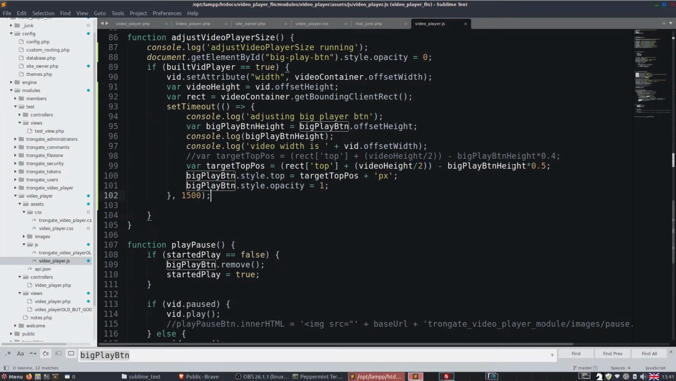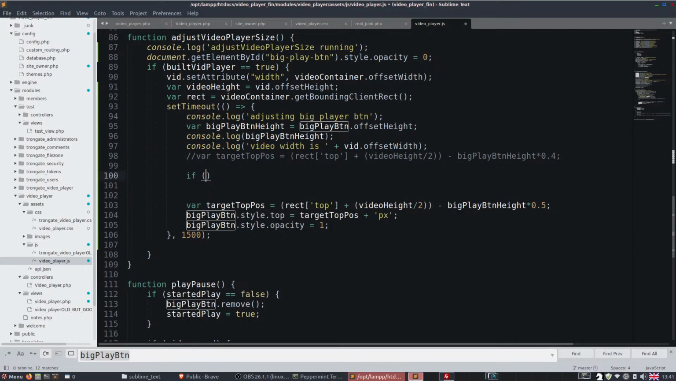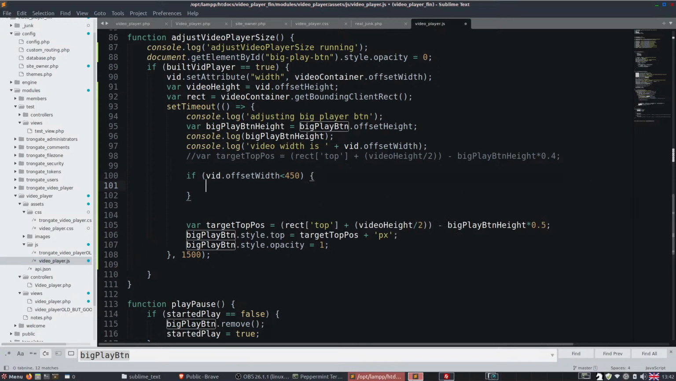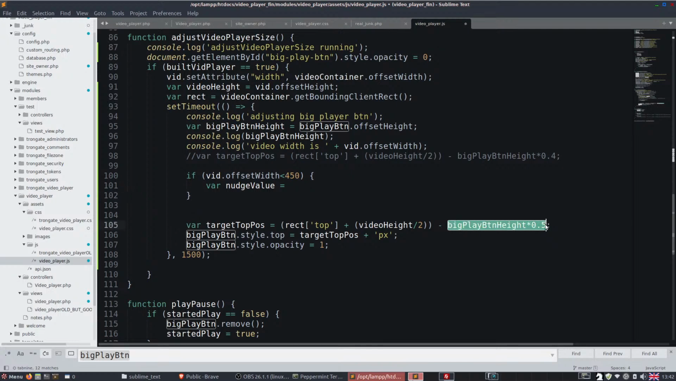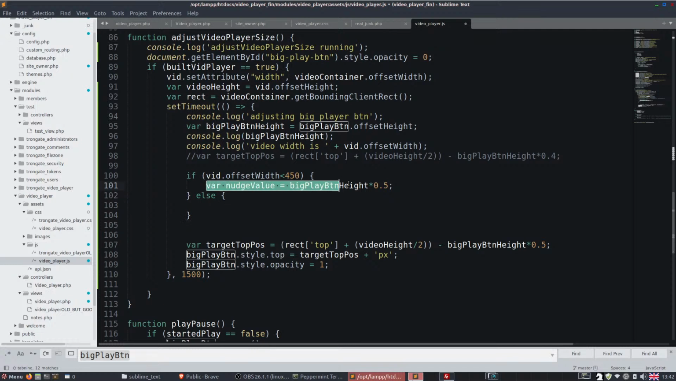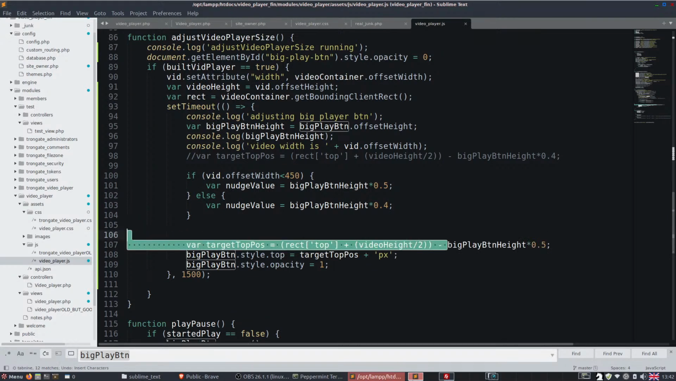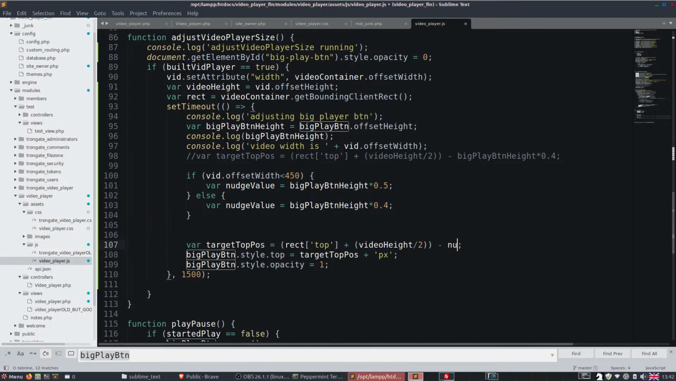So here's what we'll do. Okay. Right. If vid dot offset width is less than 450, then var nudge value is going to be that. Else nudge value